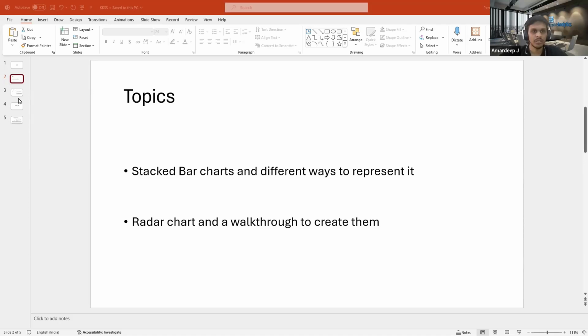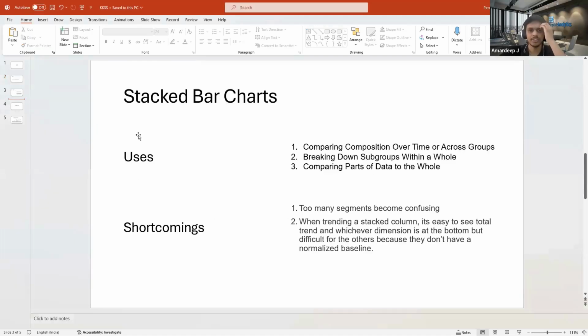Now, a stacked bar chart is generally used where we have multiple components of a particular whole. We want to show sub-levels, or break down subgroups within a whole and compare them to each other. So what has been the breakdown? It is generally used in those scenarios, but there are two major problems with it. When the segments are larger in number, they get confusing. And when we want to see a certain trend or notice something in a stacked bar chart,